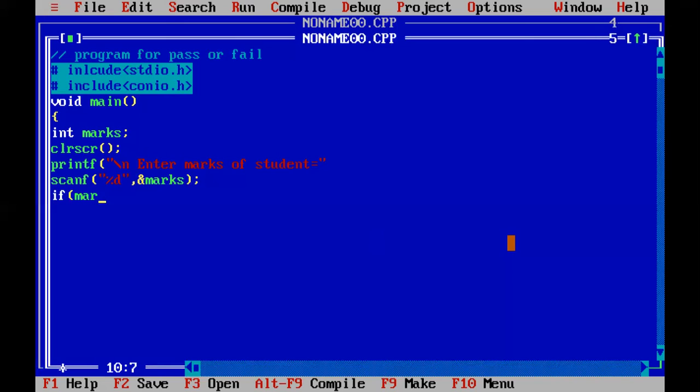So the condition is like this: marks is greater than or equal to 33. If marks is greater than or equal to 33, then what happens? This message will appear: printf congratulations. This is the first message.